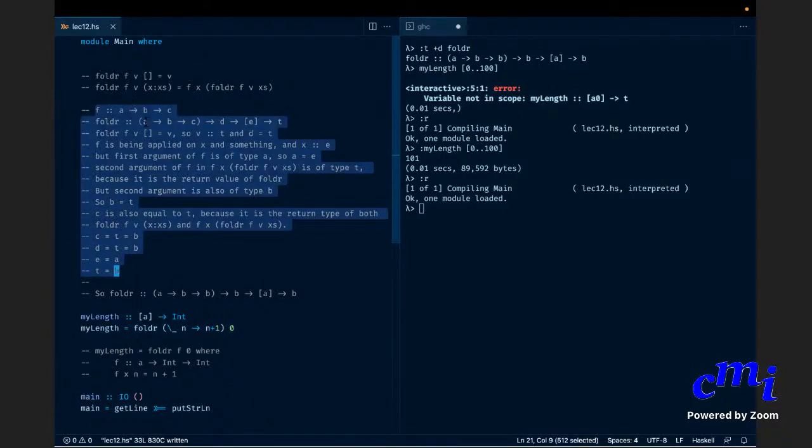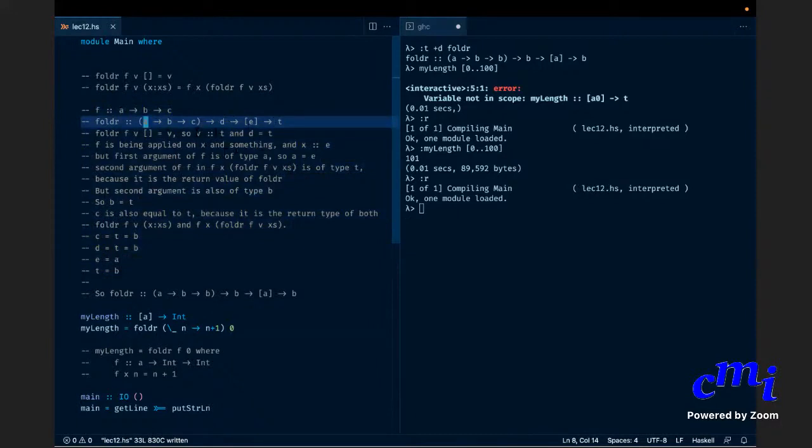It will start with some most general type, A arrow, B arrow, C arrow, D arrow, list E arrow, T kind of thing, and then it will figure out equalities between those types based on the definitions. If you gave a type of the form int arrow, int arrow, int arrow, int arrow, list int arrow, int, all it will do is then verify that your type is a more restricted version of the type that it has derived. Or in technical terms, your type is an instance of the type that it has derived.